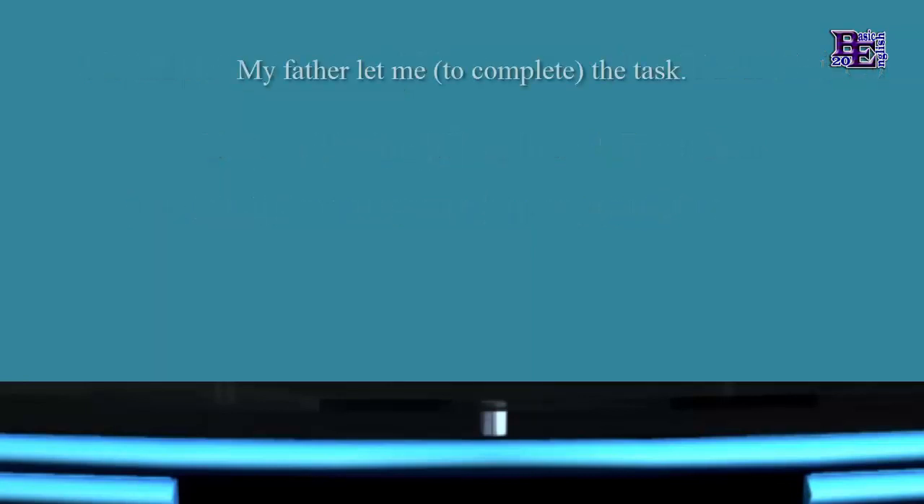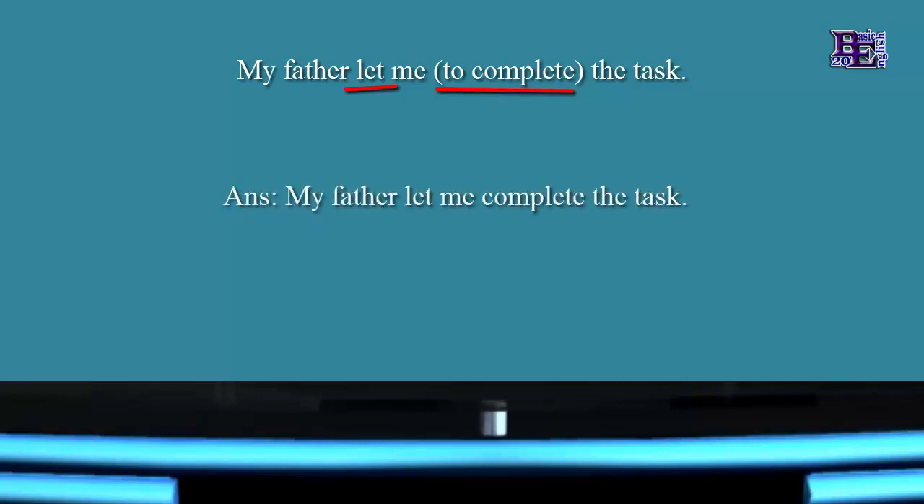And question number 4, in technique number 4 you can see that there are some other verbs, and after this type of verbs you have to use the base form of another verb, or the present form of another verb. That is, my father let me. Here the verb let plus object me, and if there is any verb like let, and if you get another verb in the same sentence, then the next verb always will be in present form. That is, the answer will be, my father let me complete the task. And question number 5,